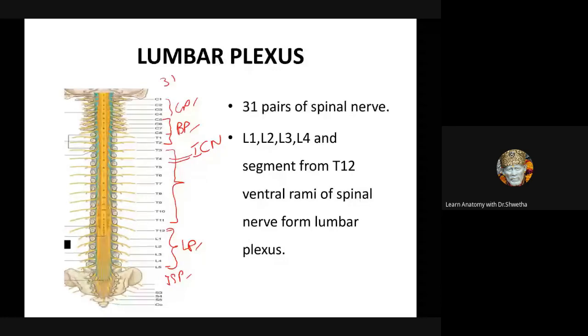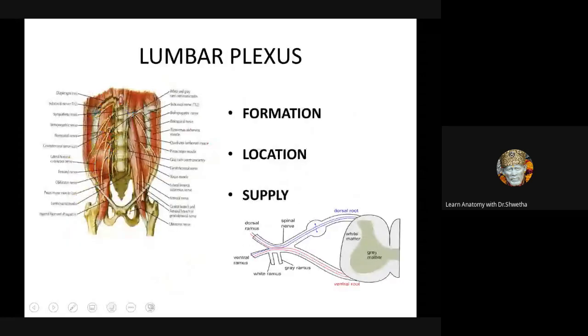Now we will discuss the nerves which form the lumbar plexus. Students, this is the lumbar plexus. Can you all see this bunch of nerves? These are the lumbar plexus. Can you tell me the nerves involved in the formation of the lumbar plexus? What were the nerves we just discussed? T12, L1, very good. Ventral ramus. Always say ventral ramus of L1, L2, L3, L4 and part of T12. Very good, with a part of T12.